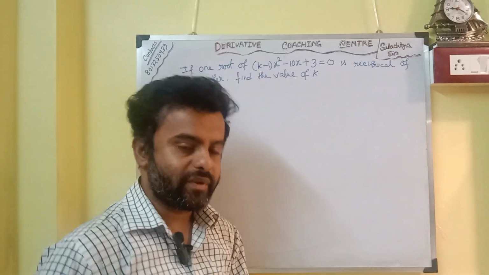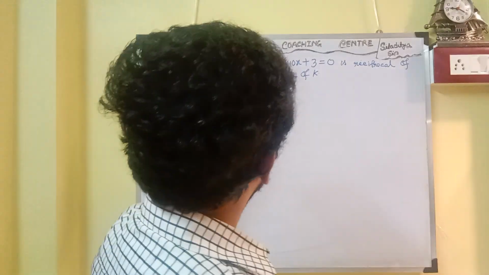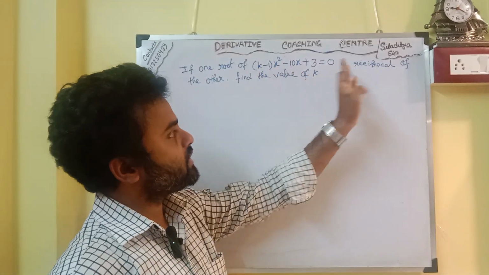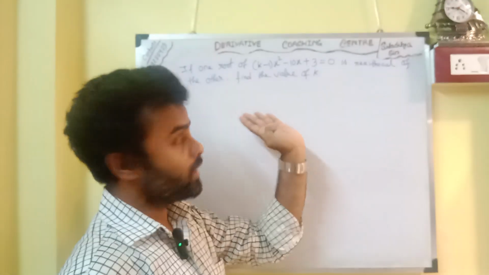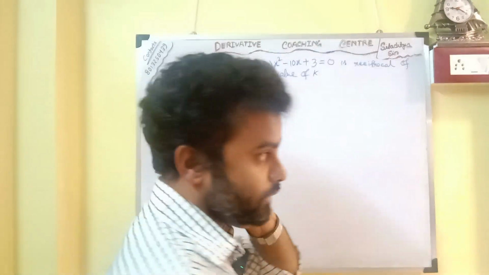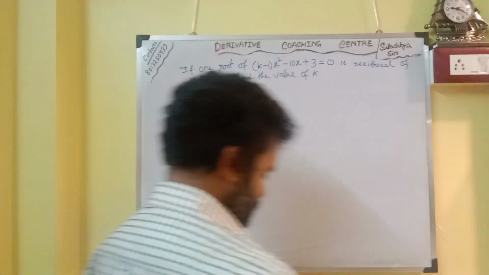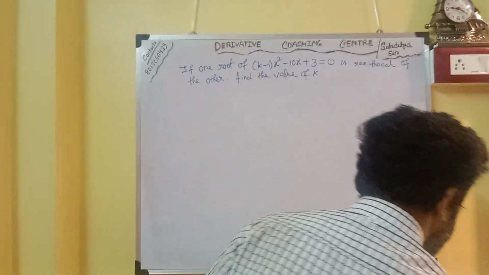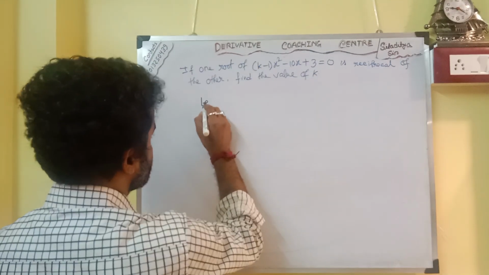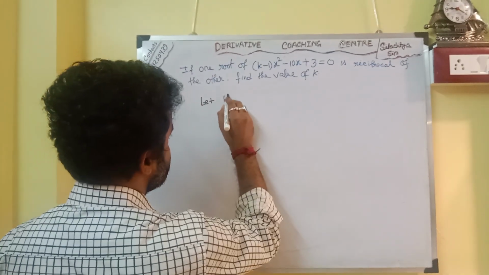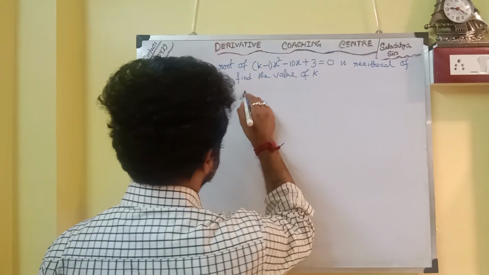Now the next question is from the same chapter, quadratic equations. If one root of the given equation is the reciprocal of the other root, then find the value of k. So first of all, assume that, let the two roots